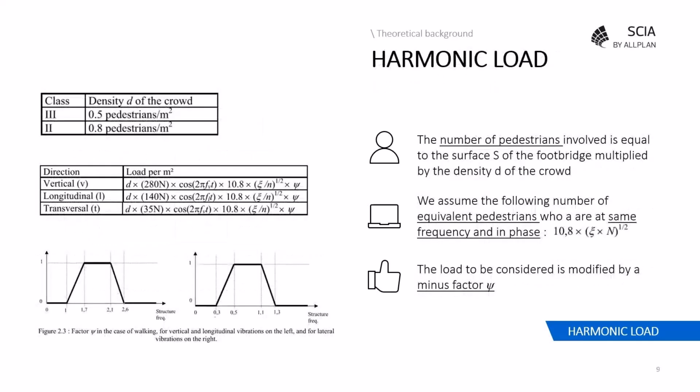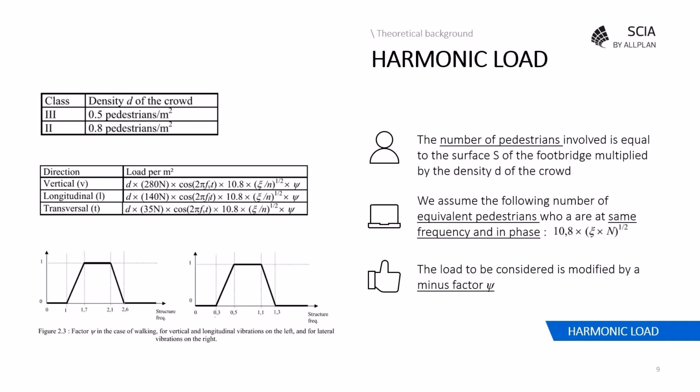And once we establish that, we will need to determine the density of the crowd. If it's class 1, we have 1 pedestrian per square meter. If it's class 2, we have 0.8 pedestrians per square meter, and this value falls to 0.5 if we are of class 3. And of course, not all the pedestrians will walk at the same pace and would be in